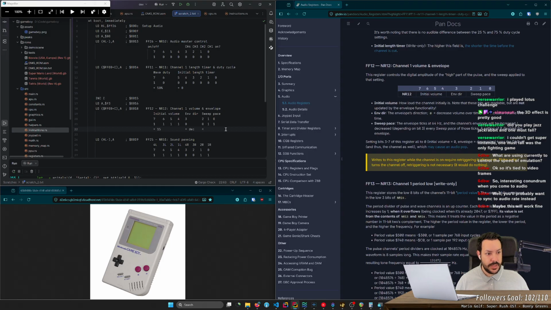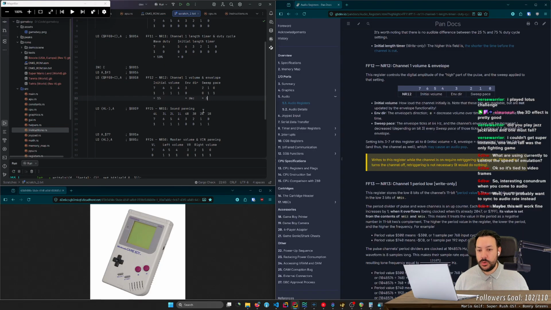So the sweep base is going to be 3. The envelope ticks at 64 Hz, and the channel's envelope will increase every sweep base of those ticks. So every 3 envelope ticks, we decrement volume once, I guess. Cool story.